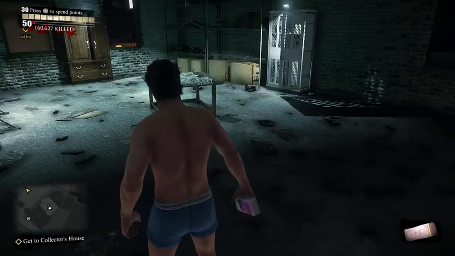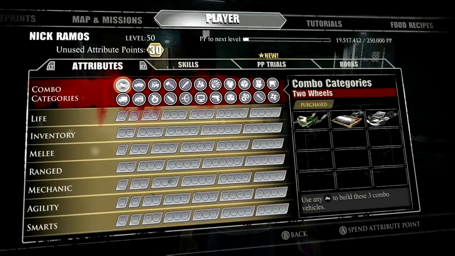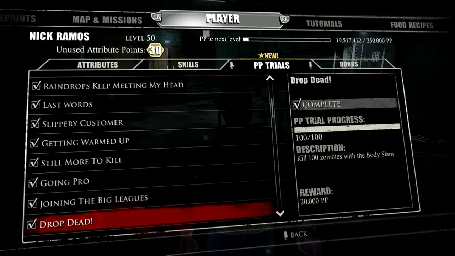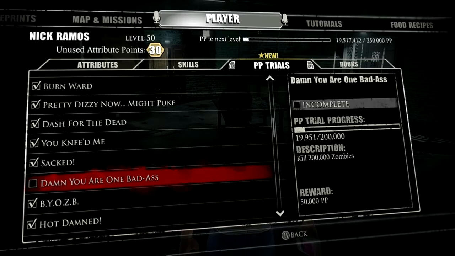Hey guys, today I'm going to be talking about kill farming in Dead Rising 3. Now if you're anything like me and you really enjoyed the game, you've probably got all the achievements and managed everything there is to do in there, except for one little thing. What will undoubtedly be the last achievement you get is to complete all of the PP trials, and after killing 160-odd thousand zombies already, I've still got nearly 200,000 to go before finishing this frankly irritating, grindy time waste of